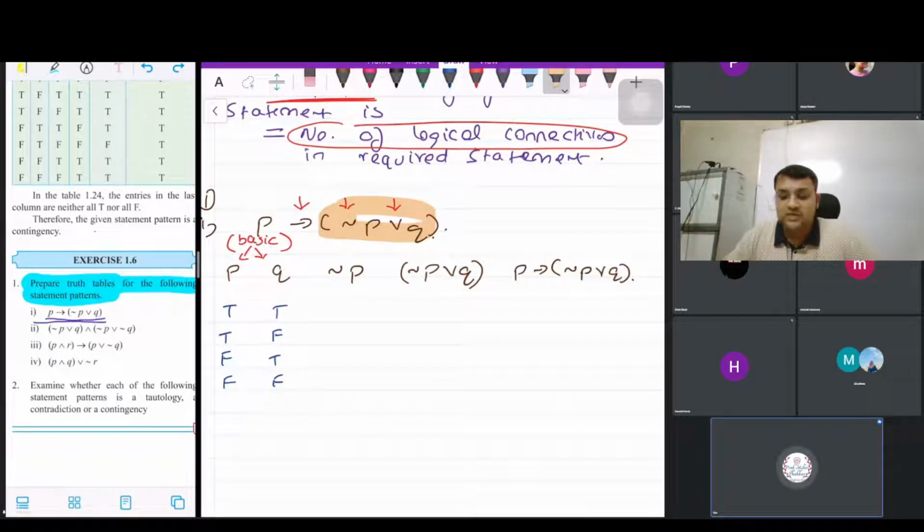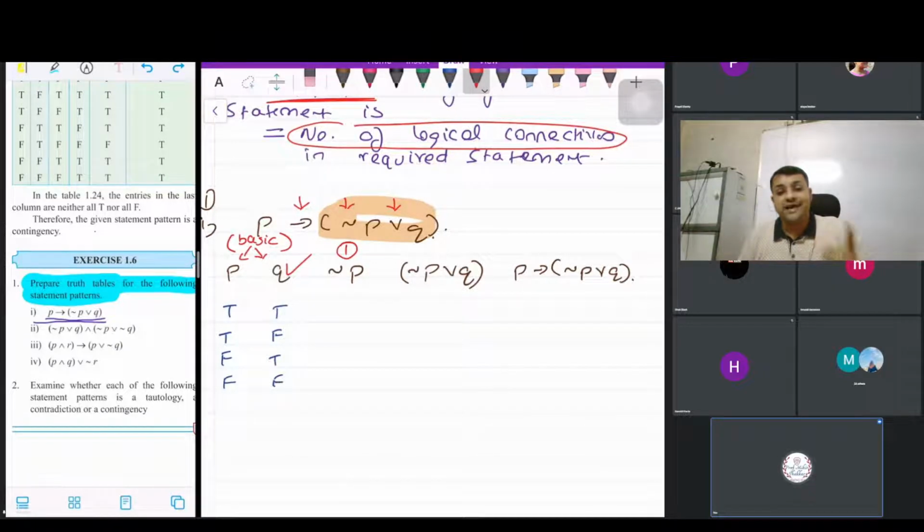But the problem is, in order to evaluate the bracket, I should have all the elements which I need for evaluating the bracket. What all things do I need? I need negation P and I need Q. Now guys, you will say that Q is already ready. So I agree with you. But where is negation P? We don't have negation P in the beginning. So for that, I am making negation P as my first additional column.